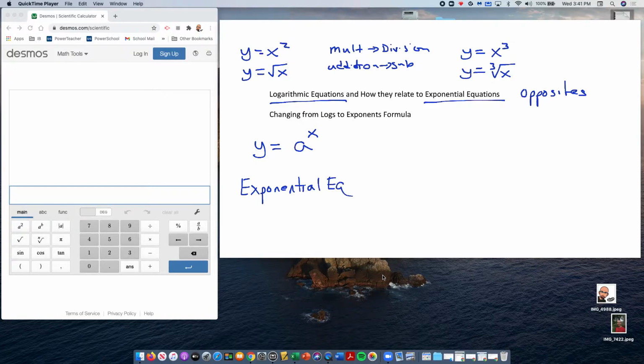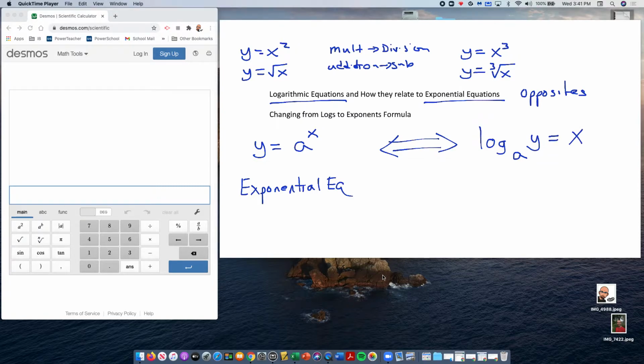The logarithm equivalent to that, using the same letters, is log base a. Remember, I called that a the base when we were looking at those problems earlier in this unit, of y is equal